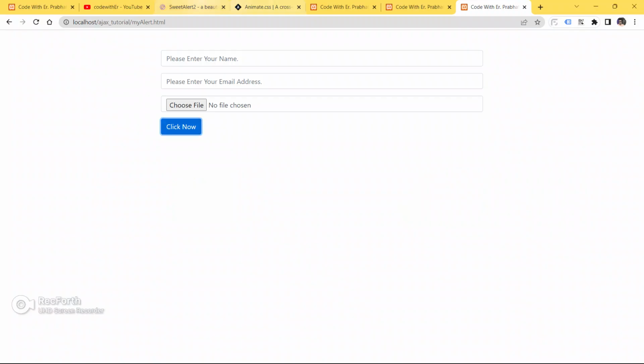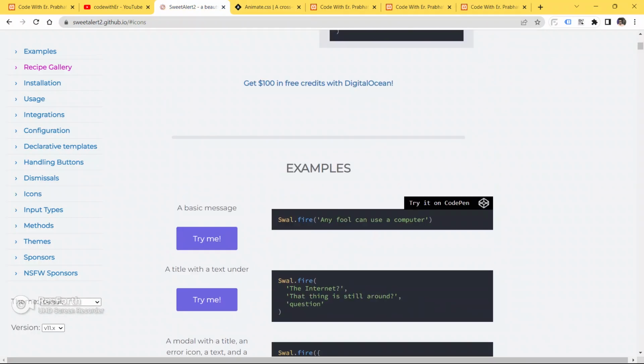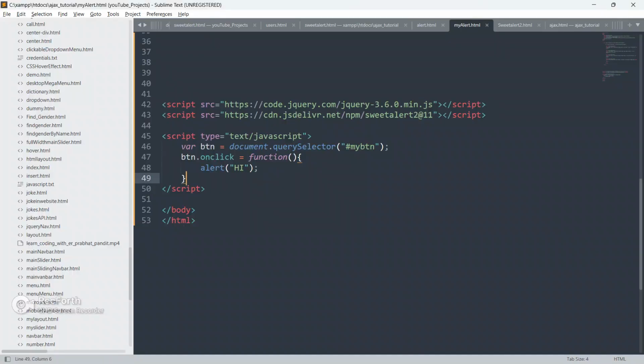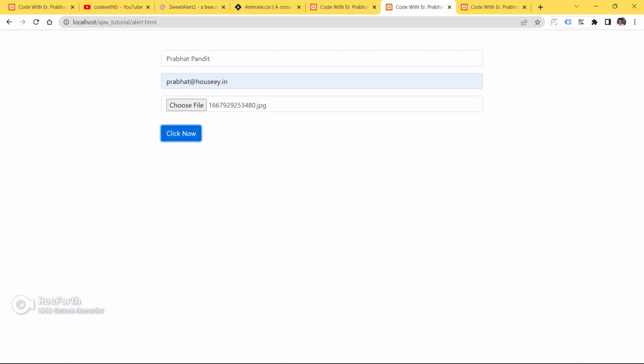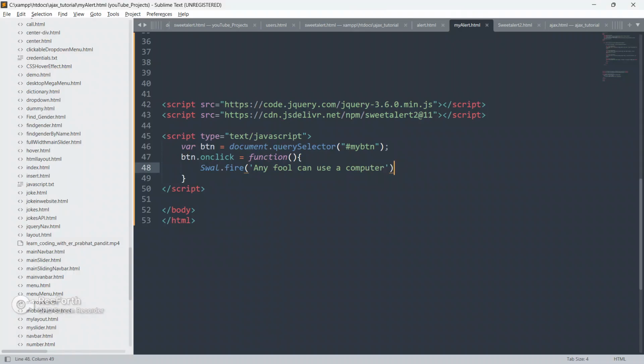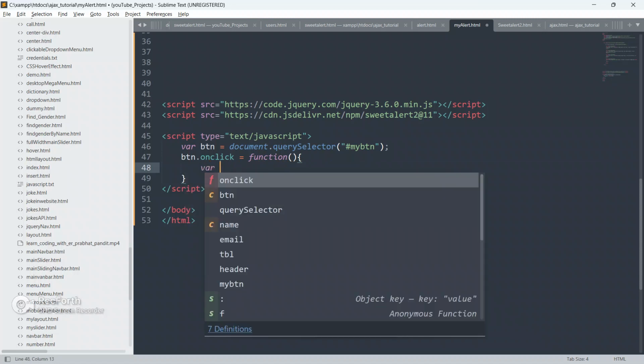I'm sorry guys, I forgot to use this alert here, because I have already told in this video we are not gonna use this alert, rather we are gonna use this alert. So copy this and paste it here. Go to your code, refresh your page. Yeah, it is working. So now start writing your code. Remove this, we don't want this as of now.